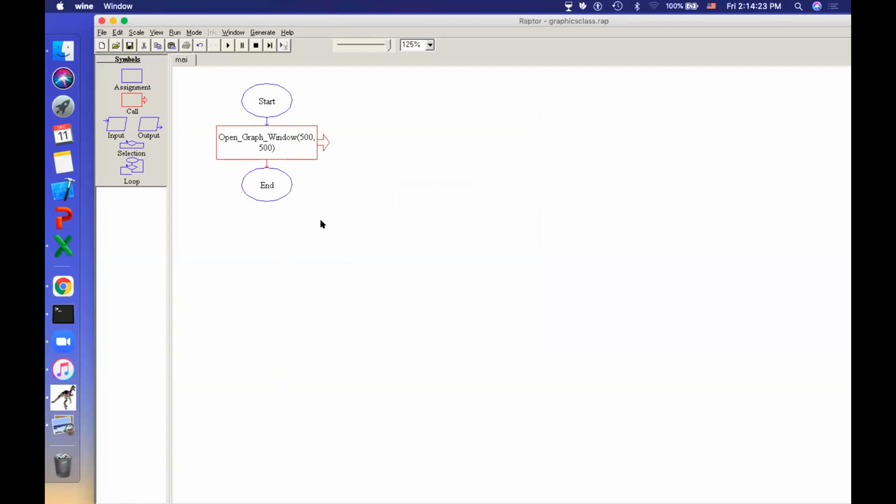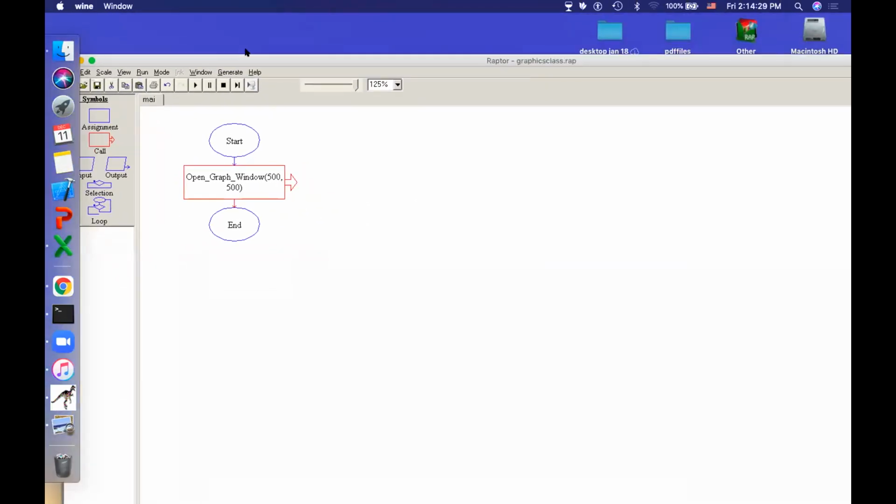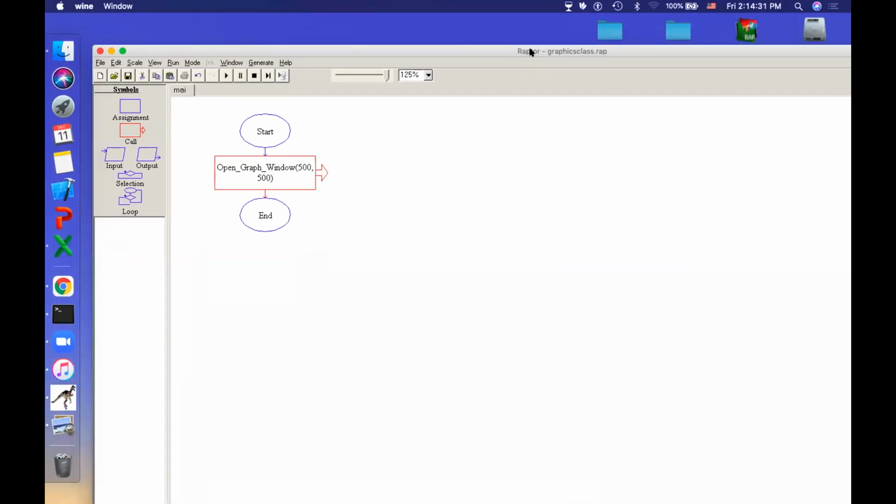After opening this graphic window, see, for example, this is my window which I am dragging now. On the window you have some name, Raptor graphic class dot wrap. If you want, a title can also be kept for your window. There is another function called set window title.